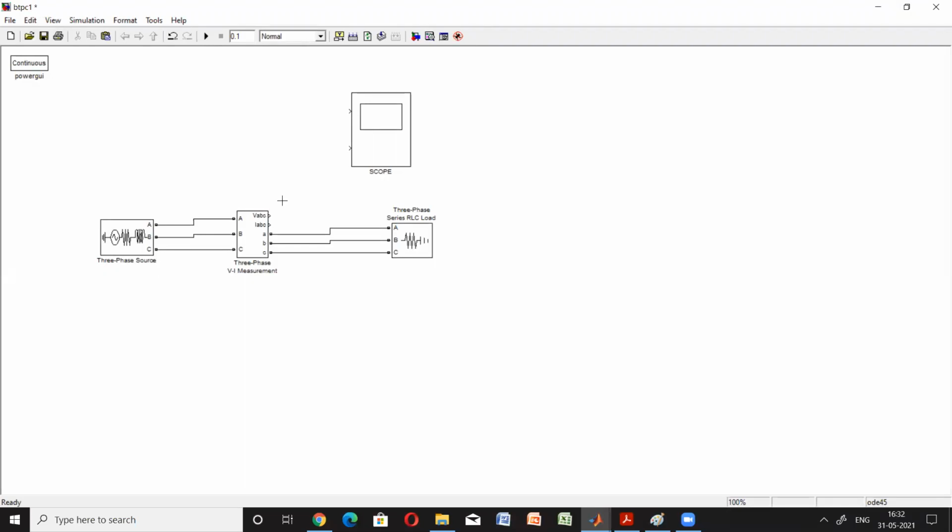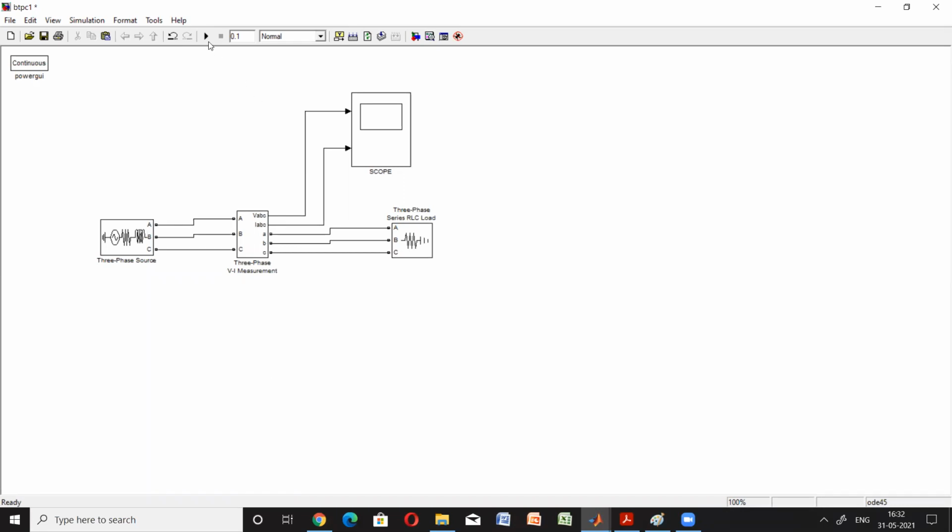So we are giving the voltage in the first and the current in the second. You can see the circuit is so simple, isn't it? In the previous case, we were using 3 voltmeters and 3 ammeters, different voltmeters and ammeters. But to overcome that problem, we can use this 3-phase VI measurement. This is called 3-phase voltage current measurement, and this is widely used whenever we want to measure the voltage and current in any 3-phase circuit.